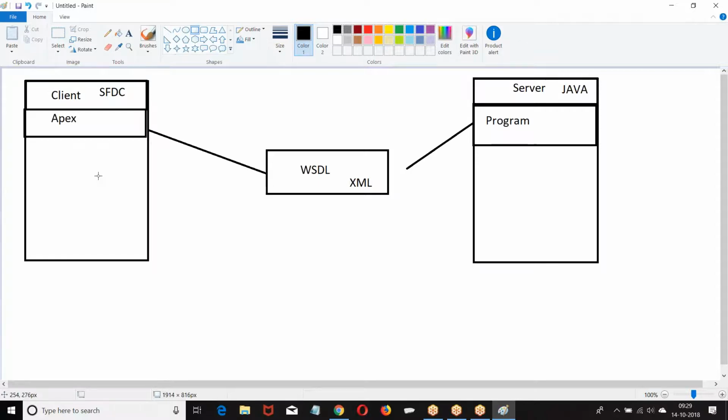What we are supposed to understand and learn is how to consume, because when you are consuming somebody's resource, we have to authenticate ourselves and access the data. How will you authenticate? How will you access the data is the question here. So here, two systems are communicating using a SOAP API with the help of a WSDL file.